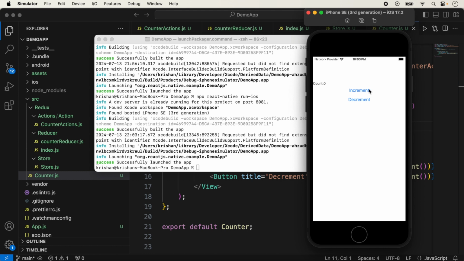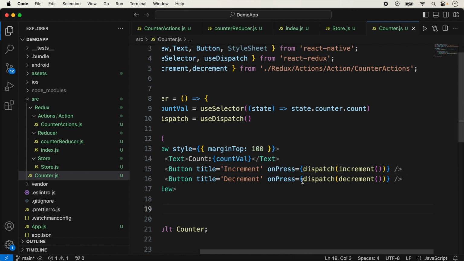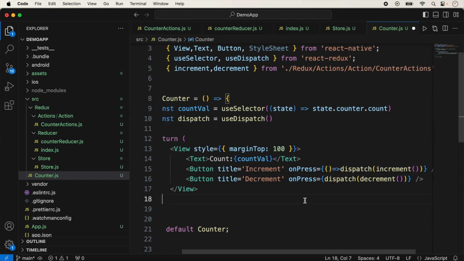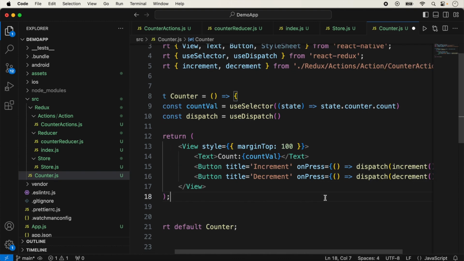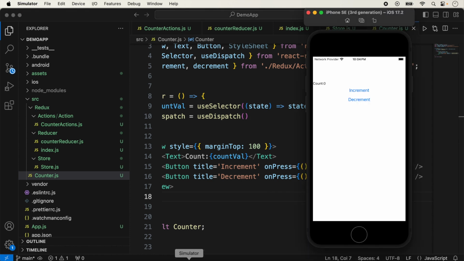So now I click on the increment. So onPress is not a function. So we need to add here, we bind with the arrow function. So we bind with the arrow, and we just save this again and click on the increment. So now you can see the value of the count is incremented